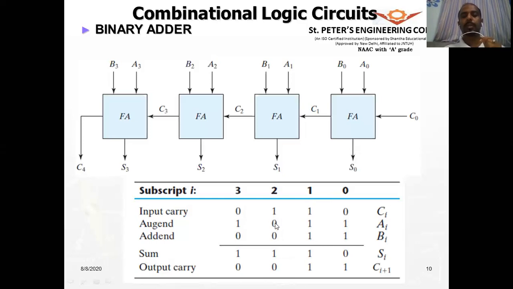So the 1 plus 0 plus 0, sum is 1 and carry is 0. So the carry to the next stage is 0. So 0 plus 1 plus 0, sum is 1. And so therefore the final output carry C4 will be 0, as you can see from here. This is Ci plus 1 at the end of the addition, the final addition, and the final output. You see that the carry output is 0.